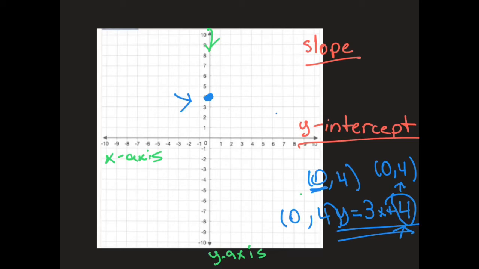So now, to finish graphing the line, you're going to need to use the knowledge of knowing what the slope is. And the slope can actually be defined as the steepness of a line on a graph. The slope is the steepness of the line on the graph. So as I said before, using the y equals 3x plus 4 equation, 3 would be the slope of our line. And actually, slopes are always fractions. So the slope is always going to be a fraction.